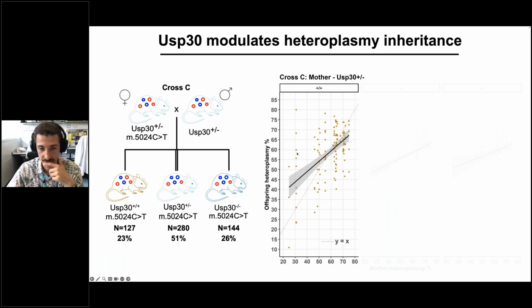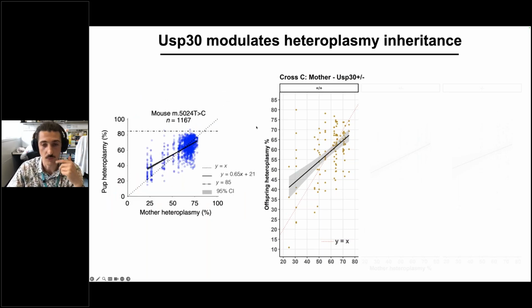So to compare the inheritance pattern with or without USP30, we had to design a very specific cross. So the two parents here, you can see, are heterozygous for USP30. USP30 is a nuclear gene, so it follows Mendelian inheritance, while the mitochondrial genome is inherited only from the mother. And from the same mother carrying the same mutation, we can compare the inheritance of the mitochondrial mutation in the three sort of genotypes. But before showing you the data, I want to show that this technique is